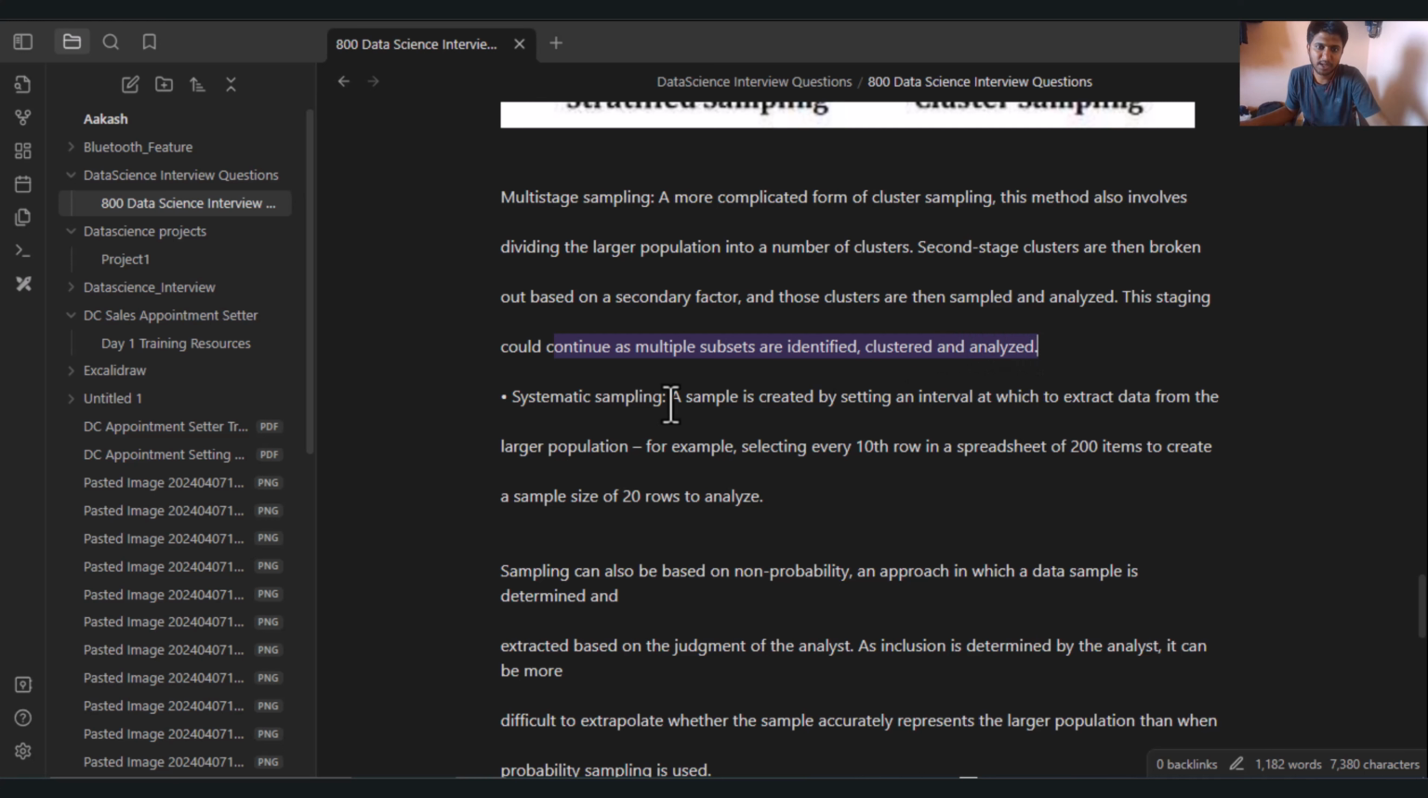Systematic sampling: a sample is created by setting an interval at which to extract data from the larger population. For example, every 10th row in a spreadsheet of 200 items to create a sample size of 20 rows to analyze. Sampling can also be based on a non-probability approach, in which a data sample is determined